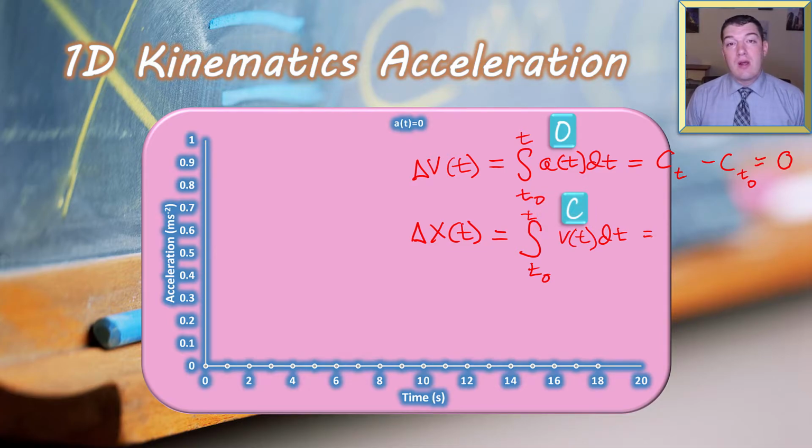Whether it's a constant that is zero or not, we don't know. Since it's a constant, the integral of a constant will be that constant times t minus that constant times t naught, or the constant times the change in time,